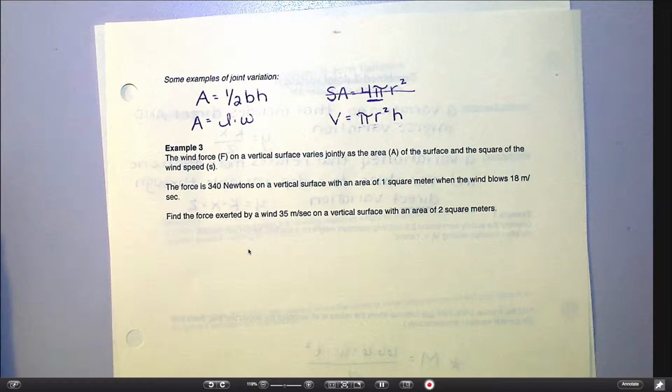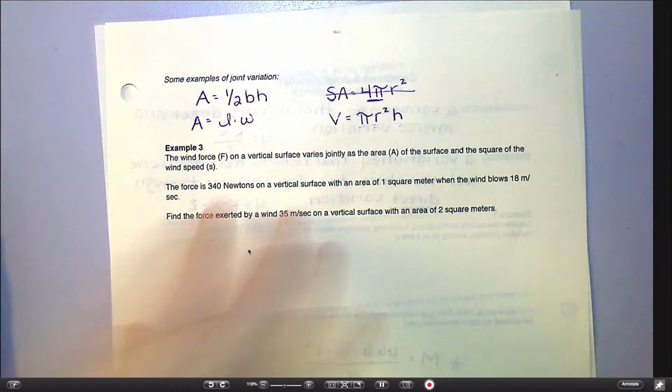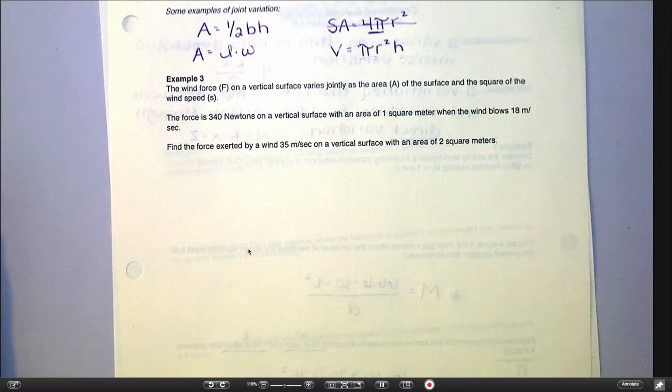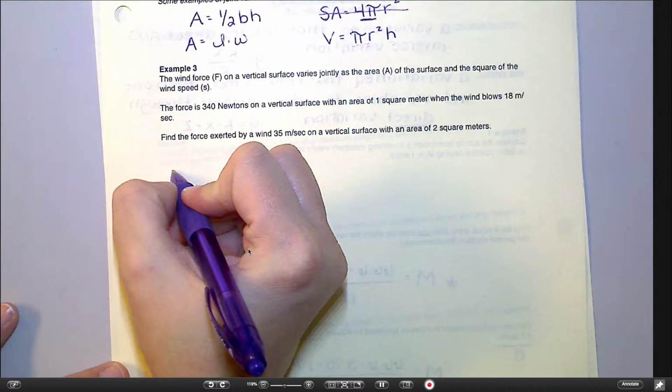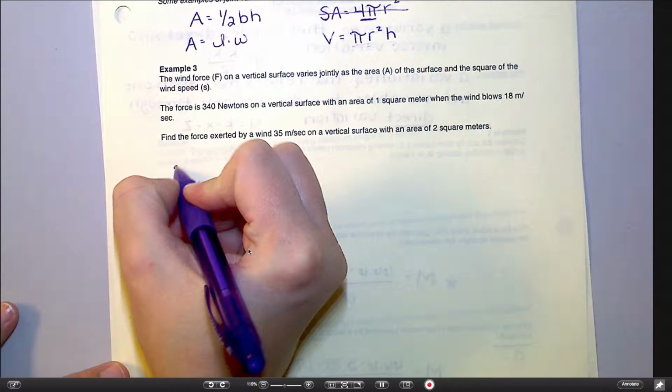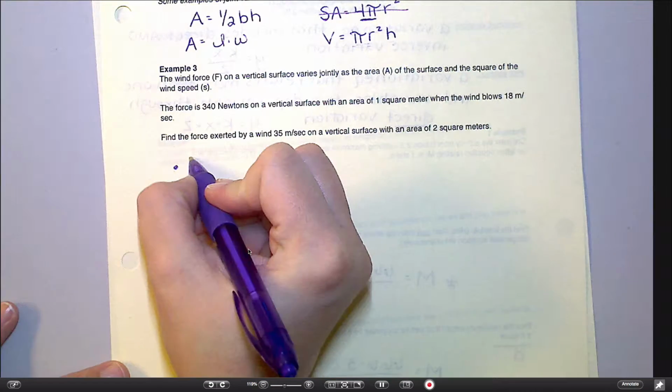And now that I've said that to you and made you think that it's really easy, let's look at this problem with all these words and scary numbers in it. The wind force on a vertical surface varies jointly, so there's a new one for you, varies jointly as the area of the surface and the square of the wind speed. So let's start by writing ourselves a general equation. That's always our first step, right? So my force